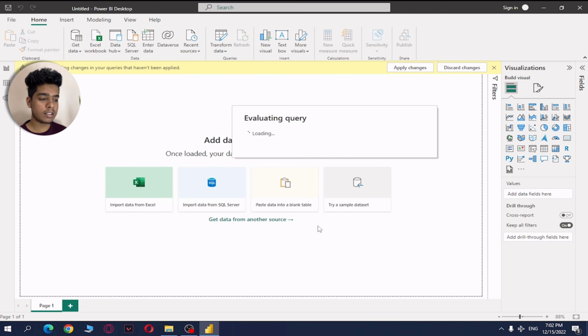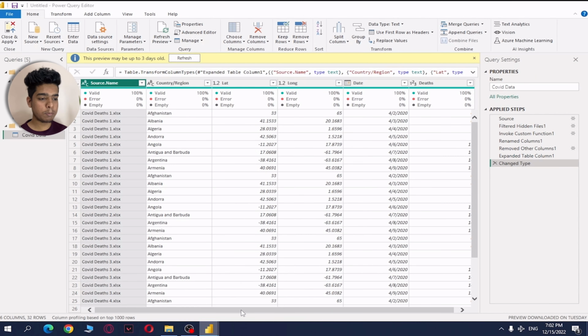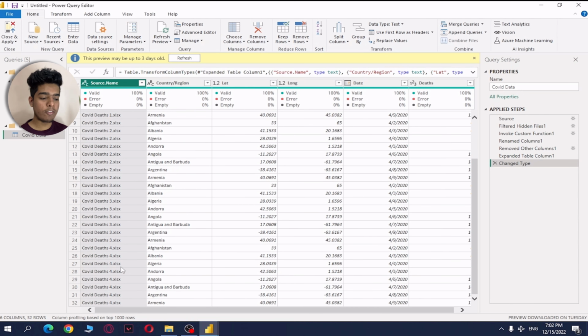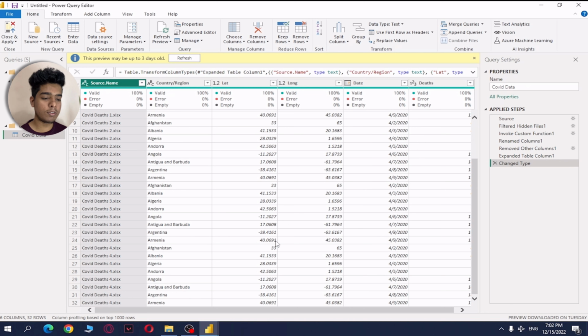Again it comes to that transform window. After clicking that OK, you can see this Power Query editor. Here you can see that 1, 2, 3, 4, those 4 files are now combined and that data is also combined together. That's the use of the folder option. And also when you put another file into that folder, Power BI is automatically going to refresh and combine that new file into your previous files. So that is the use of folder.